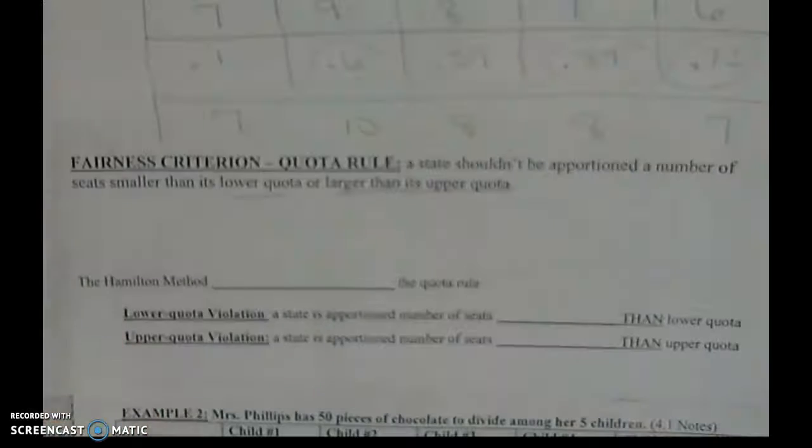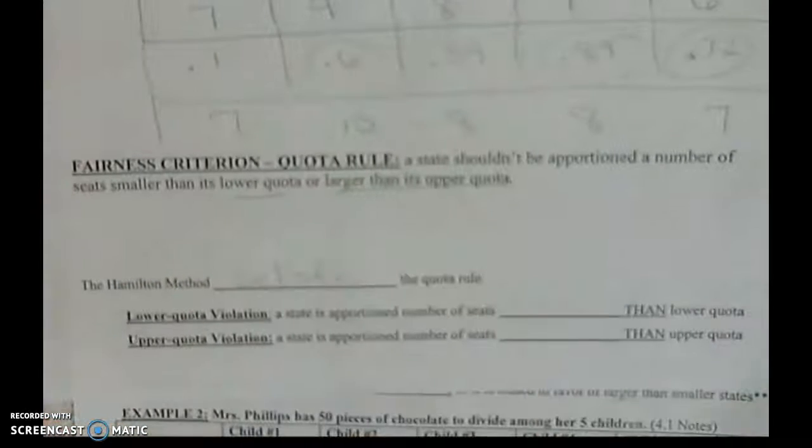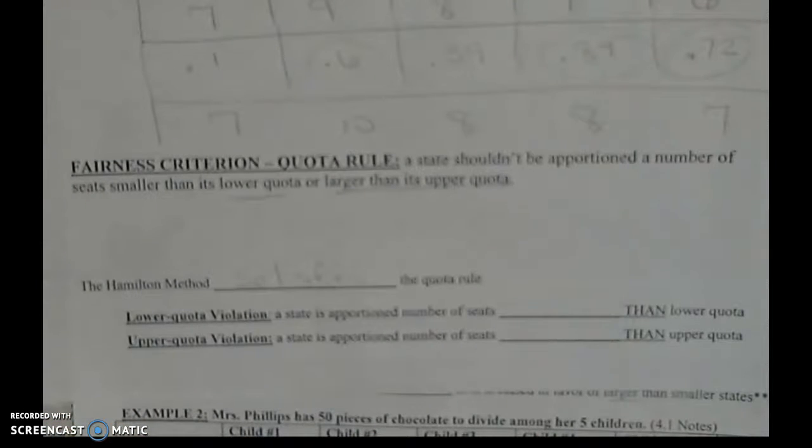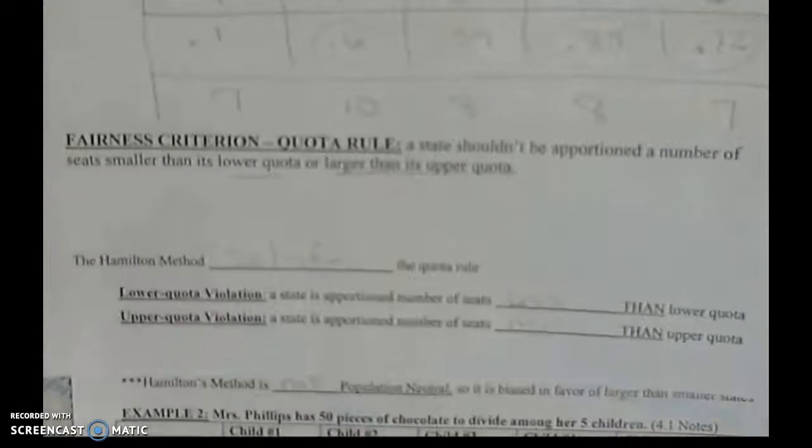So if you think about it, the Hamilton method satisfies this. We will never get less than the lower quota or more than the upper quota. All right, so